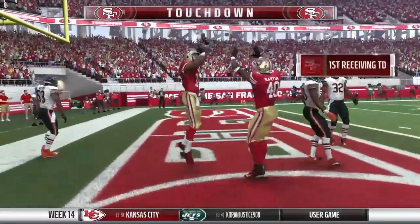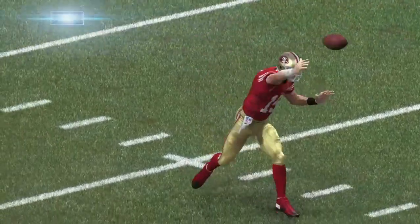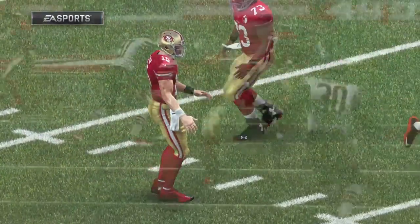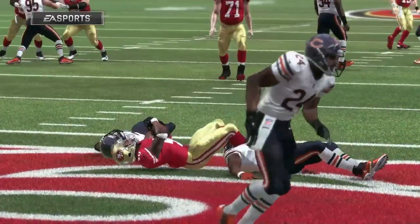Touchdown, San Francisco. A great effort there in the final seconds of the first half. And the 49ers have now taken the lead. So they're able to break the tie just before...